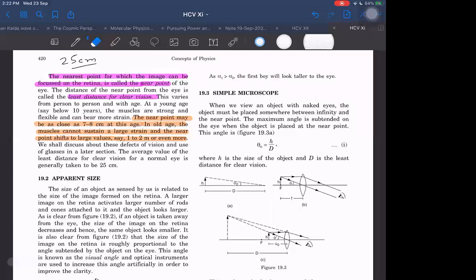Can I take now? I can take now also, although we don't need a microscope to study for that. Okay, let me go now only. Let us finish the eye. After that, I will take the microscope.